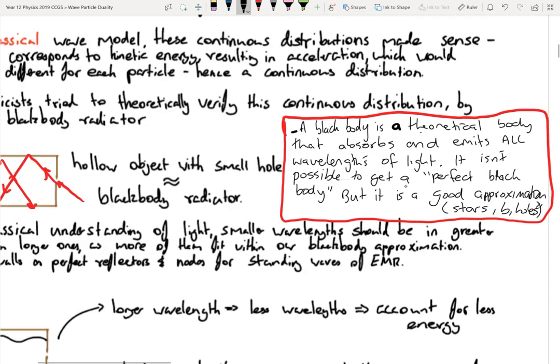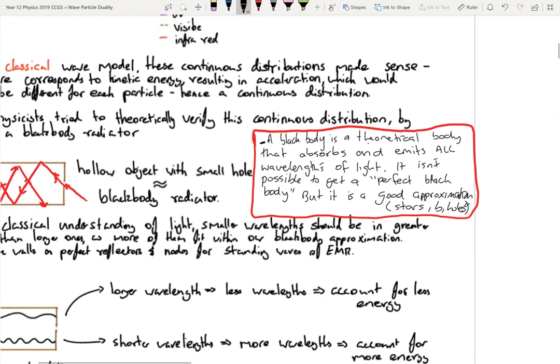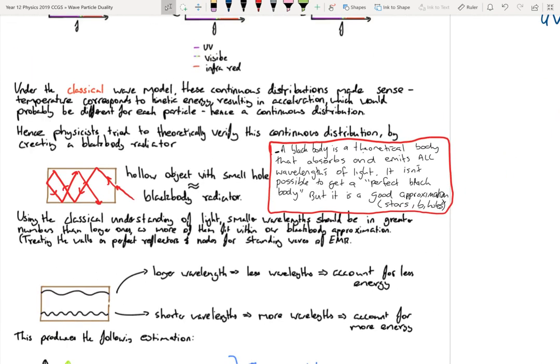Okay, so let me just tidy that up. A theoretical body that absorbs and emits all electromagnetic radiation. Cool. Got it written down? Can I move on? Yes? Thank you. So, a theoretical body. Oh, by the way,